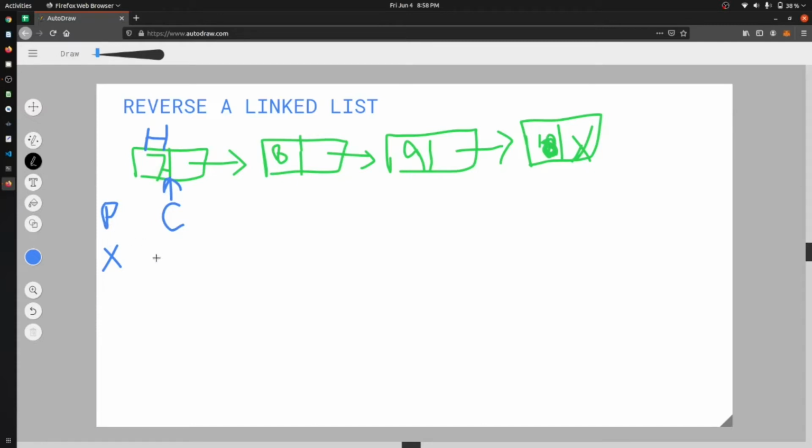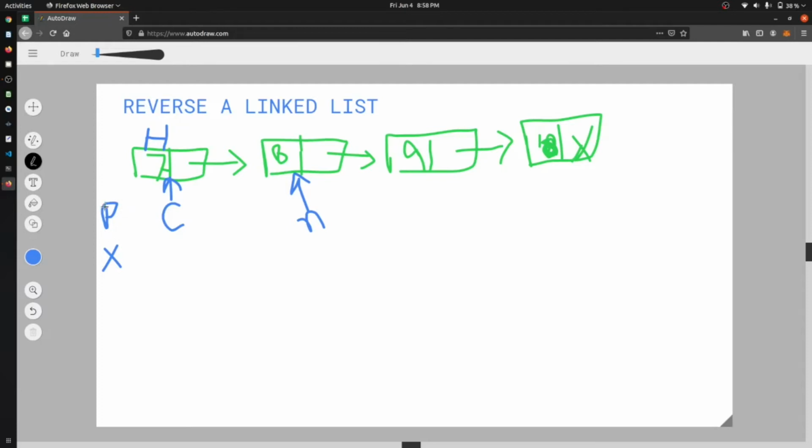So we will have n as the next. This next will point to current dot next, that is 8. Then previous will become current, and current dot next will point to previous.